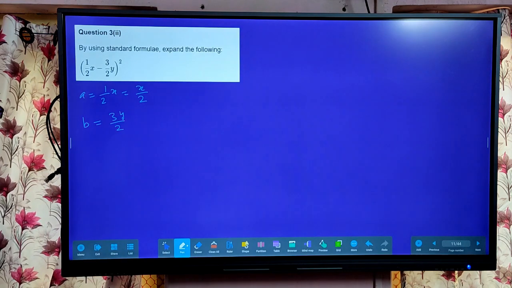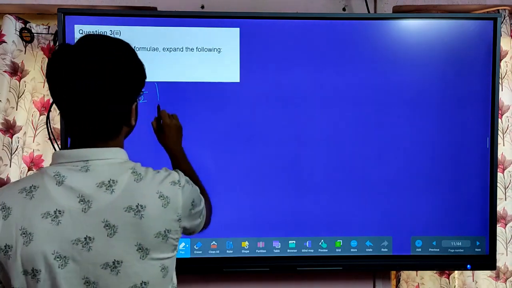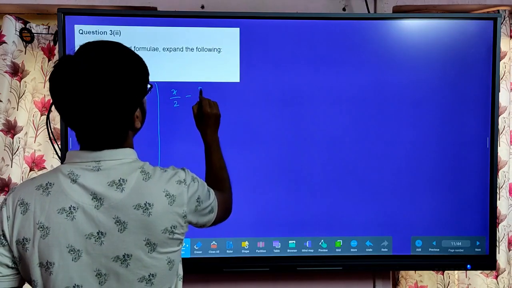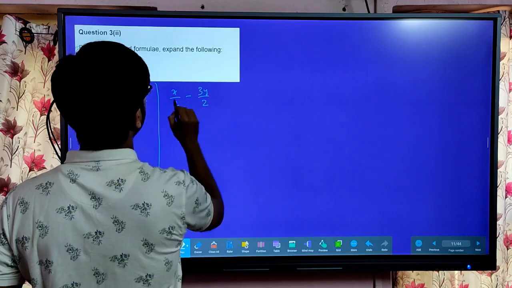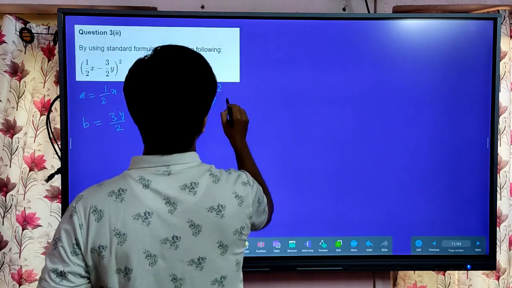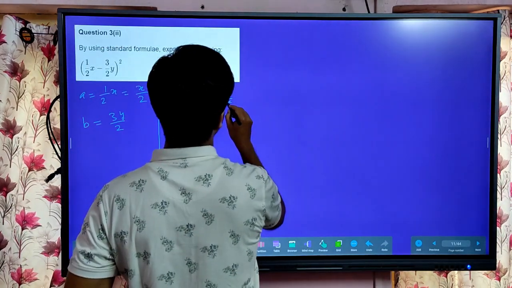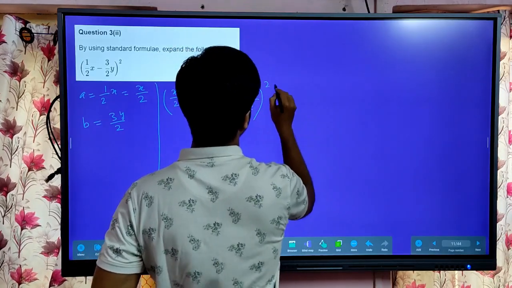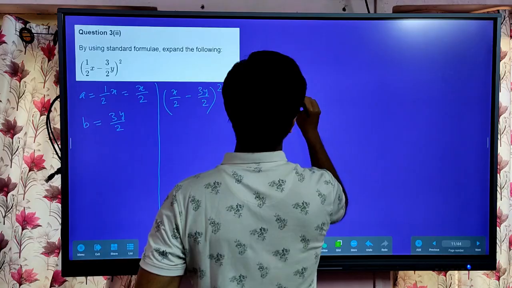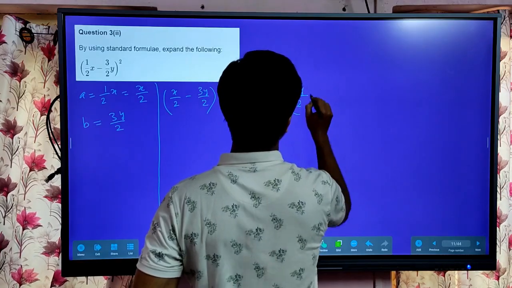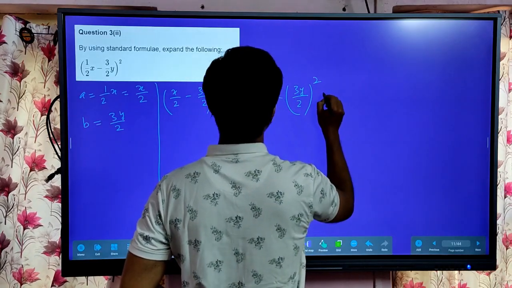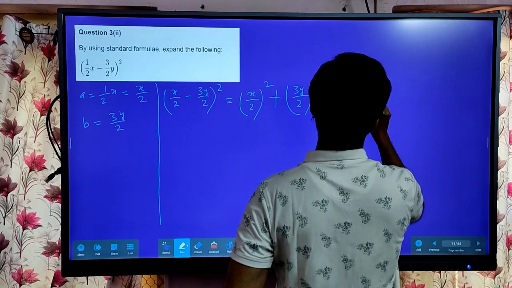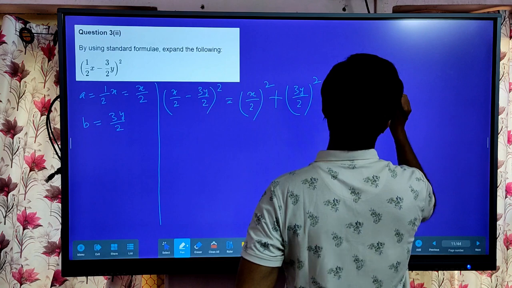So x by 2 minus 3y by 2 whole square, it will be a square. A is x by 2, a square plus 3y by 2 whole square. This is minus 2ab, 2 into x by 2 into